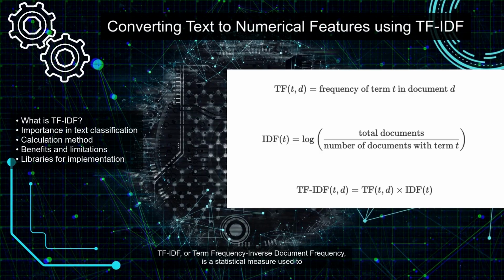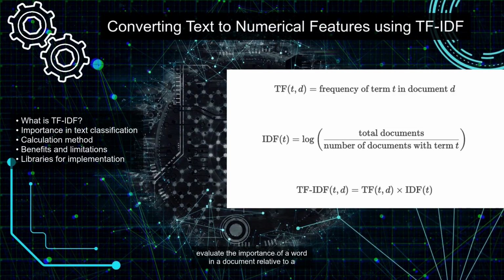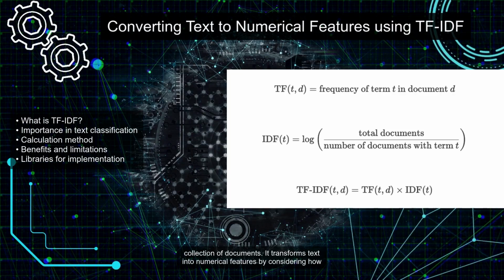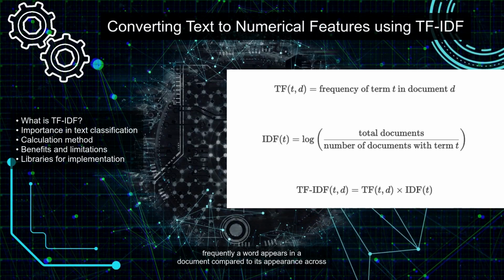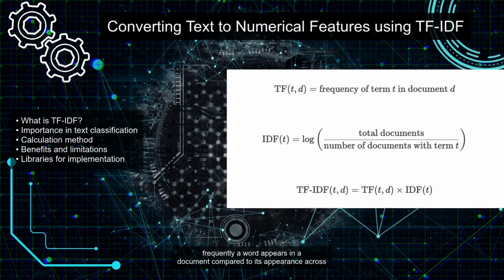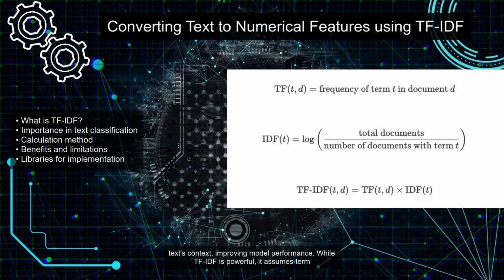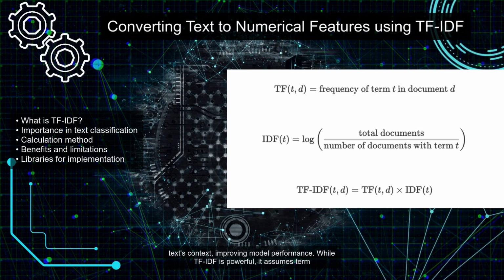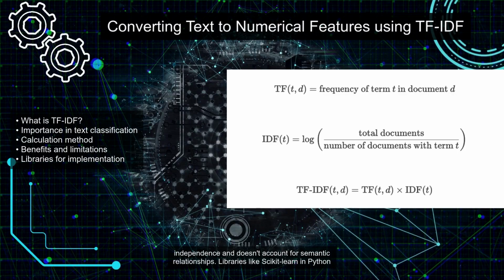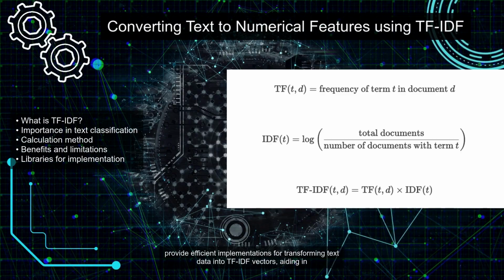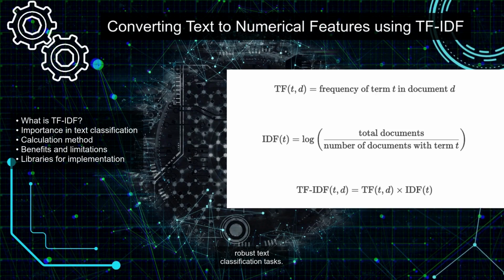TF-IDF, or term frequency inverse document frequency, is a statistical measure used to evaluate the importance of a word in a document relative to a collection of documents. It transforms text into numerical features by considering how frequently a word appears in a document compared to its appearance across all documents. This method emphasizes unique words that contribute meaningfully to the text context, improving model performance. While TF-IDF is powerful, it assumes term independence and doesn't account for semantic relationships. Libraries like scikit-learn in Python provide efficient implementations for transforming text data into TF-IDF vectors, aiding in robust text classification